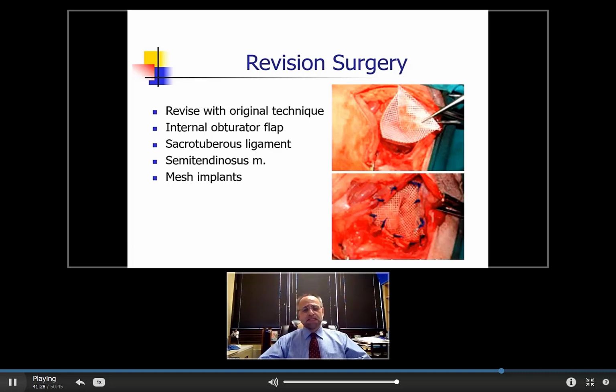If we have to revise these due to recurrence, we may either resuture our original sutures, depending on what we find. If I did a traditional repair or standard repair and I still have my internal obturator muscle, I may use that for revision to flap it. I may have to incorporate the sacrotuberous ligament or one of the other muscles, or I may end up putting mesh implants in, where basically we put the mesh in, as you can see here, and we suture it to all the muscles around it, and it forms a wall to prevent the recurrence of